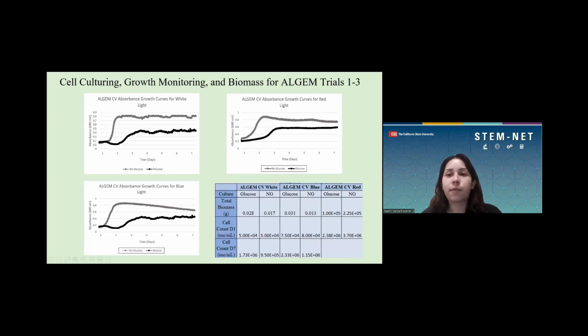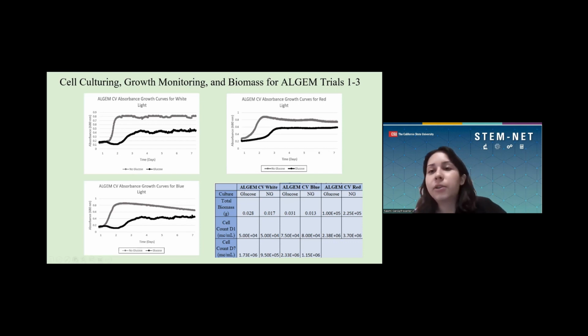So the bulk of the data for this research came from the algal bioreactor trials. We had the white, red, and blue lighting growth curves that we have right here. These are for absorbance. And the reason they look different from the other absorbance growth curves is that for the algal machines, they are able to take absorbance readings pretty much continuously throughout the 7-day period. So when interpreting these graphs, we see that the no glucose cultures for all of them seem to have much higher absorbance values. Now, when we look into the white and the blue lighting conditions specifically, we can see that this is juxtaposed by the fact that the glucose cultures had higher cell counts and biomasses despite having lower absorbance